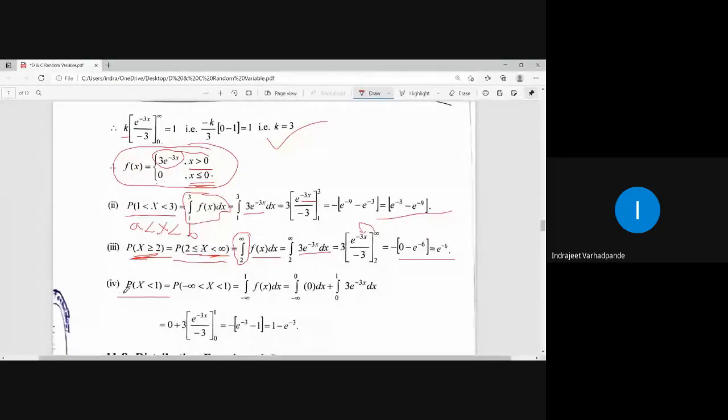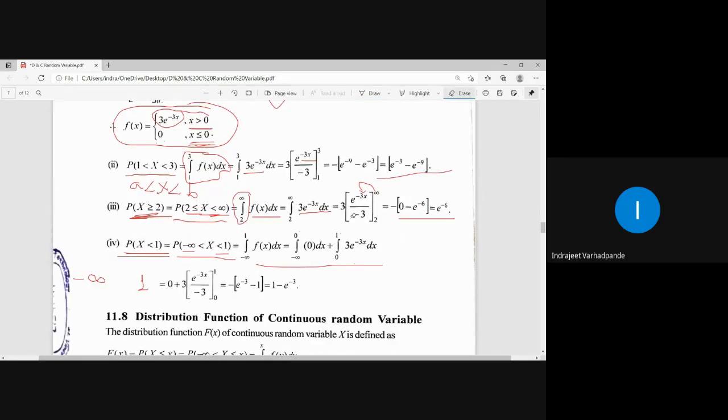Similarly, we will be having the value for x less than 1. x less than 1 means on the left hand side, from where up to 1 are the values coming? It is coming from minus infinity. So how will it be written? x greater than minus infinity but less than 1. So integration will be done from minus infinity to 1. But the interval is defined for greater than 0. So minus infinity to 0 and 0 to 1. I hope this integration is clear. Depending on the given interval, this is how we will be calculating the integration. Is this point okay? Understood?